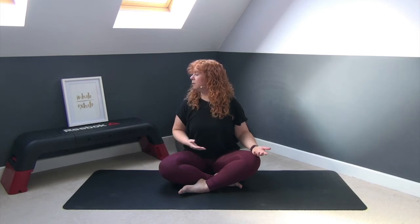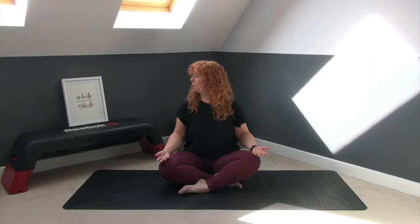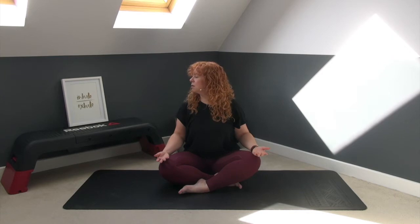Take that big inhale, feel the breath go down to your belly as you look over that right shoulder. And again, as you exhale, easing it over. It might feel quite nice as we do this just to close the eyes or soften the gaze. Just helps us to focus on the breath, focus on the body. Then on your next inhale over to the right,